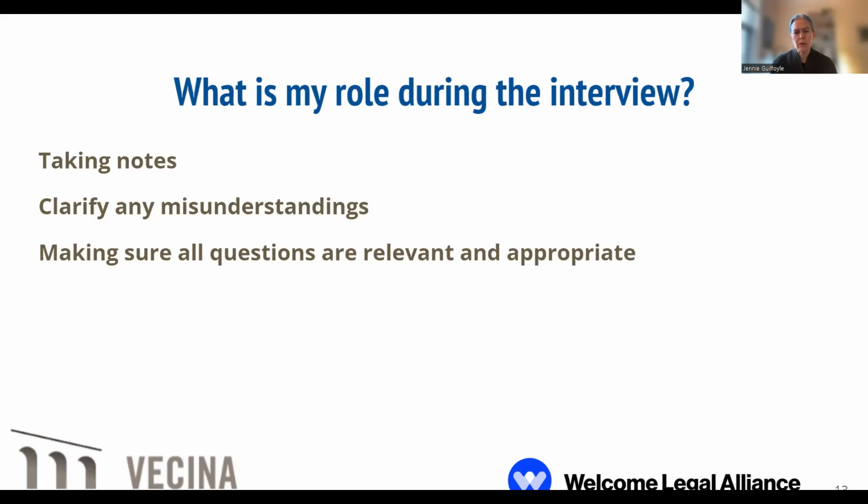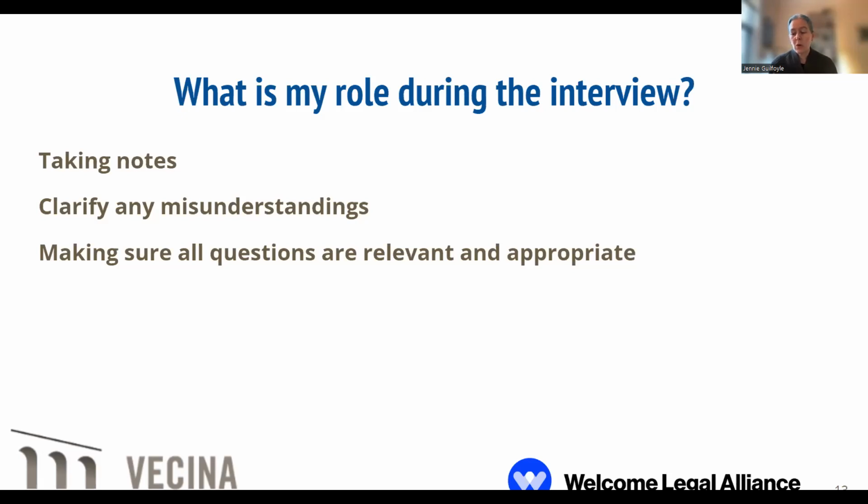Something else that you can do during the interview is, oftentimes, if you can sense that there's some kind of misunderstanding going on between the officer and your client, many officers will let you jump in and help out. You might also, again depending on the officer, be allowed to jump in to point something important out in the record that the officer didn't seem to have noticed.